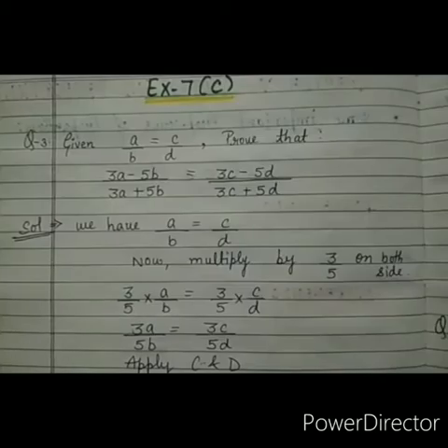Now let us take some questions of exercise 7C to understand more about these properties. One thing you have to remember: these properties are used to make the calculation easy for the related questions. We can do the same questions with the same process which we have done in the previous exercises. So here I am doing question number 3 and I will apply both methods here.